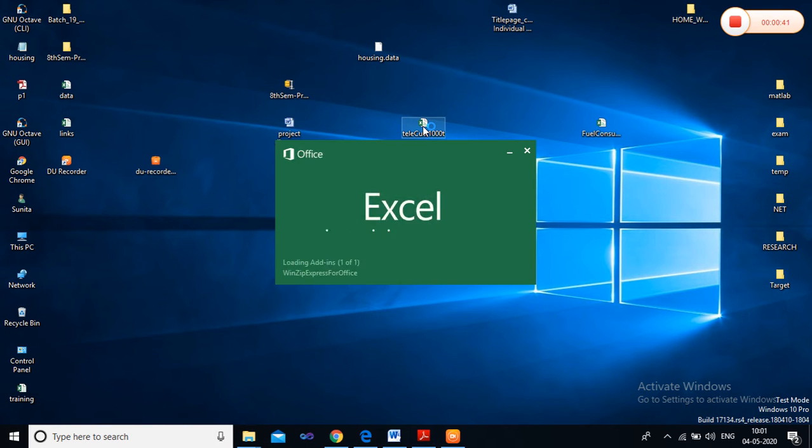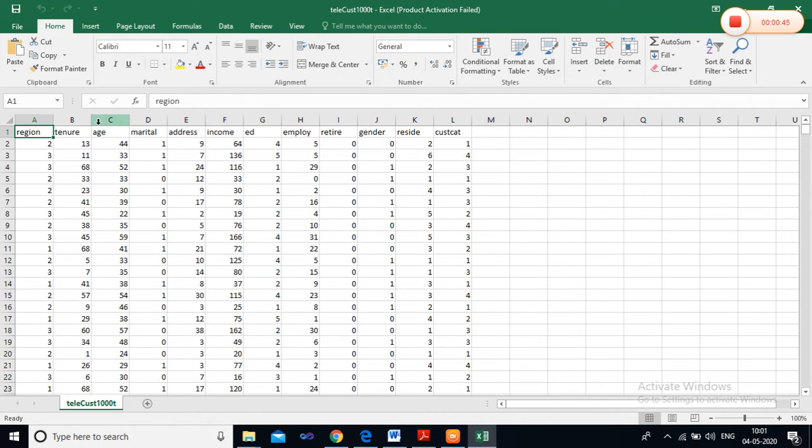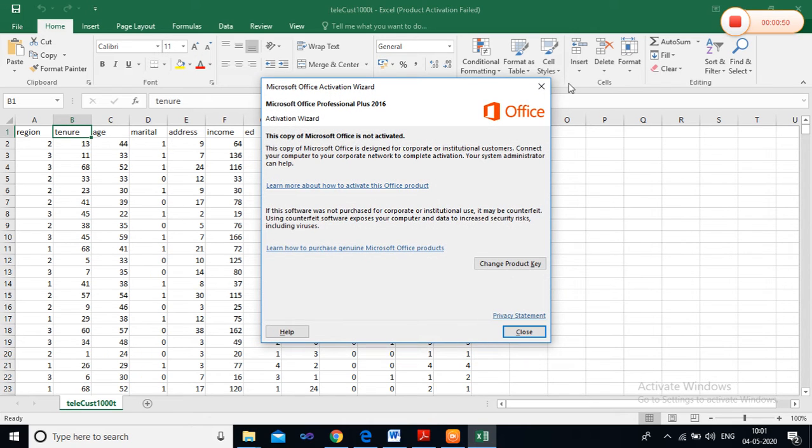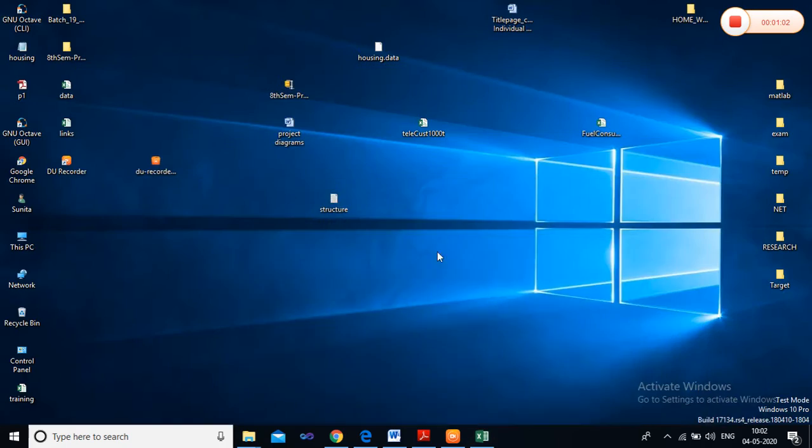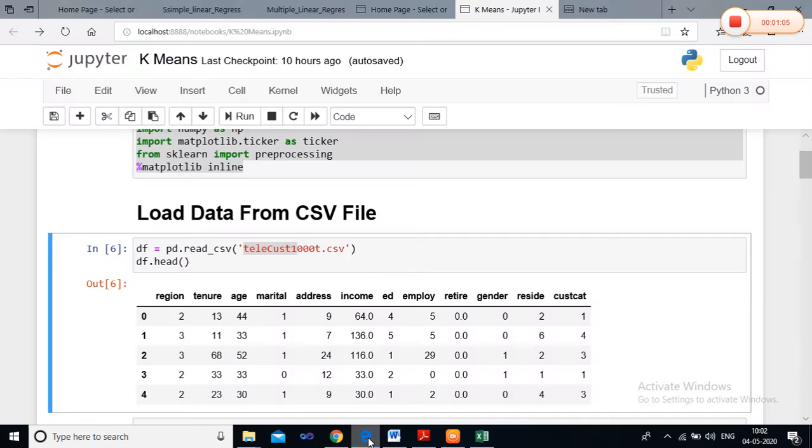Inside this file the data is given like region, tenor, age, marital status, address, income, education, employer, retire, gender, reside, then customer category. This is the data given inside the CSV file, and we are using this CSV file in this program.